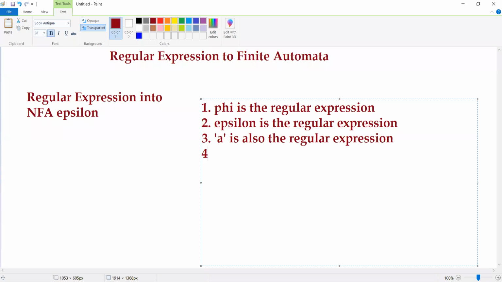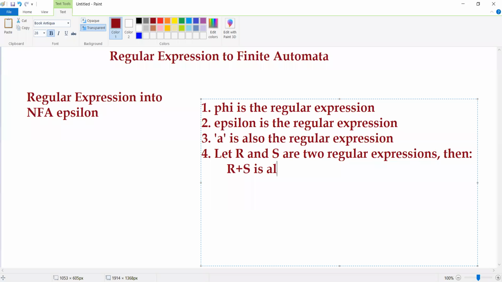And then number 4: if you have two regular expressions r and s, let us say r and s are two regular expressions, then their union r plus s is also a regular expression.